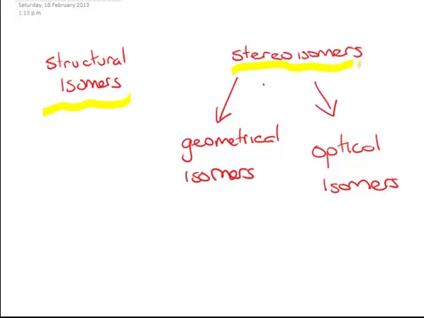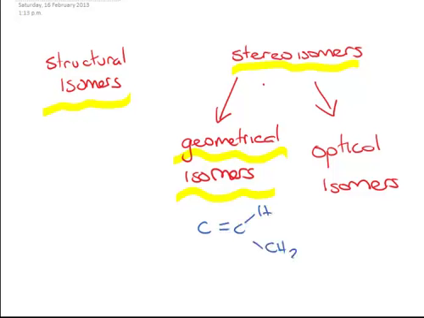Now, stereoisomers are isomers that, to all intents and purposes, appear to be the same, but because of a different arrangement of the groups around an atom, they are actually different. So these would actually have the same name, and we have to come up with a way of naming them a little bit differently. Now, geometrical isomers, remember, have the cis-trans, where you have the double bond, and you have